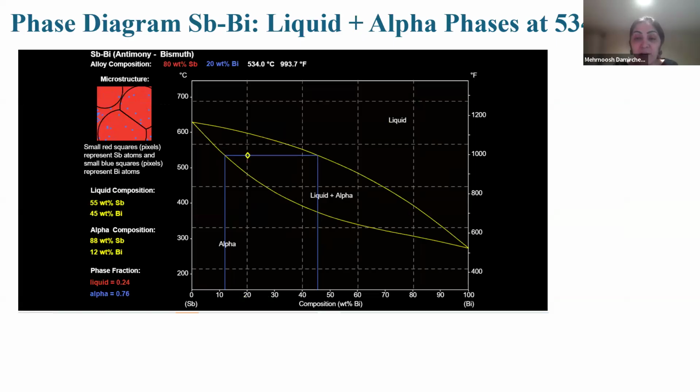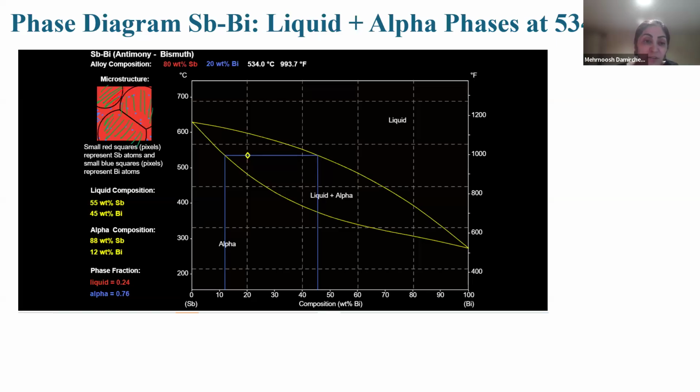On this slide, the alloy has cooled to 534 degrees Celsius. At this temperature, solidification begins, and we see a mixture of liquid and alpha solid phase. If I want to show you these circles, I change the color. These circles are solid, and you see the border of the grain. Except that, we have the liquid. So here we have liquid and we have alpha phase.